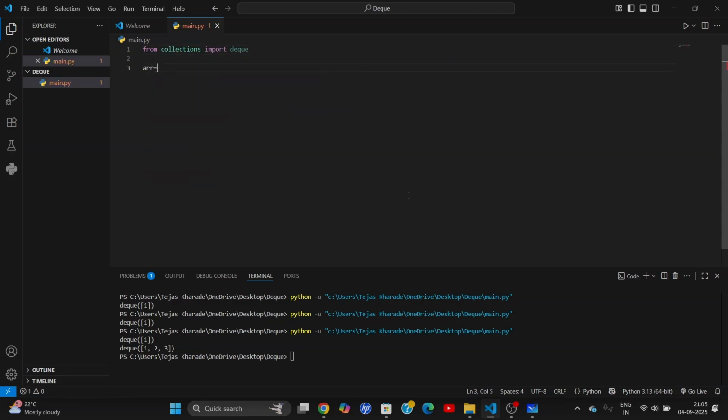So I will create a deck named array, and as I told you, deck is very much similar to array, or what we call list in Python. So its methods are also very similar to list. We also have the append method here. So we will append one, and if I print this array,